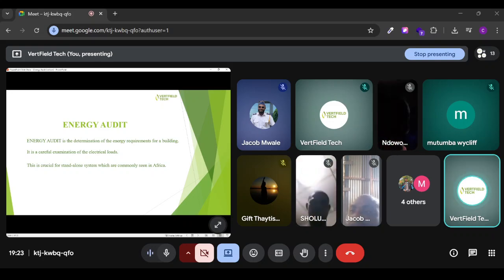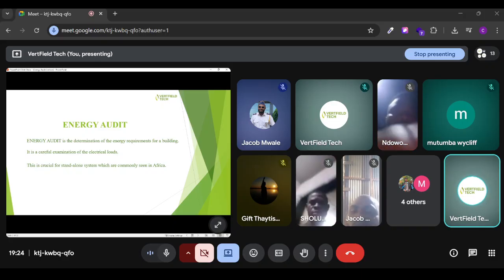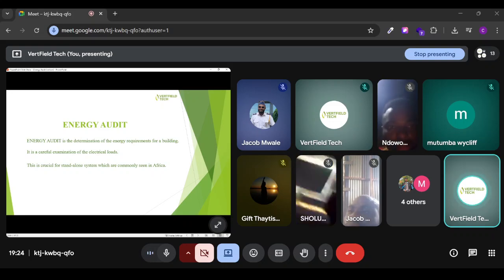Now, when you know the energy need of a facility, by knowing the various appliances and the energy those appliances are going to consume from your solar system, you then use that information of the energy need of the facility to size your various solar components. So that simply means that if the energy need of your facility is, say, 3,000 watts, what you now need to do is use 3,000 watts to size your